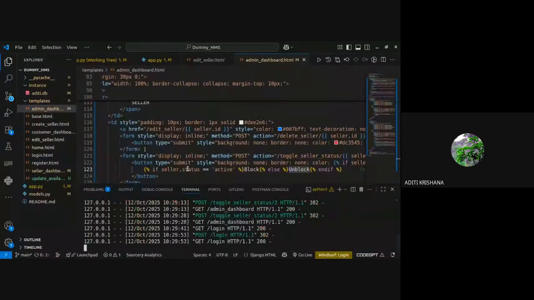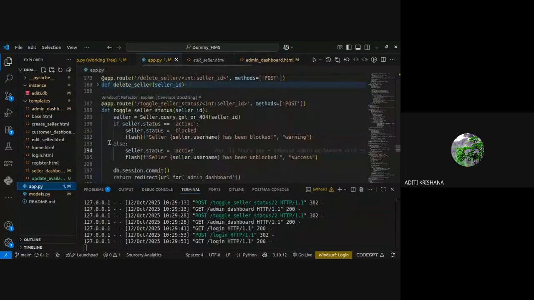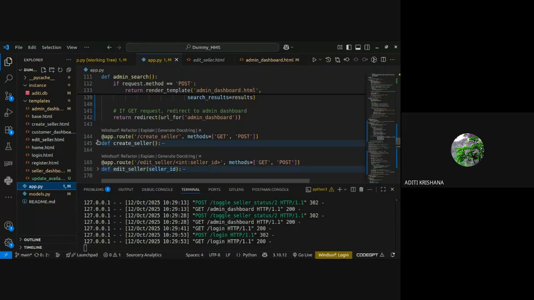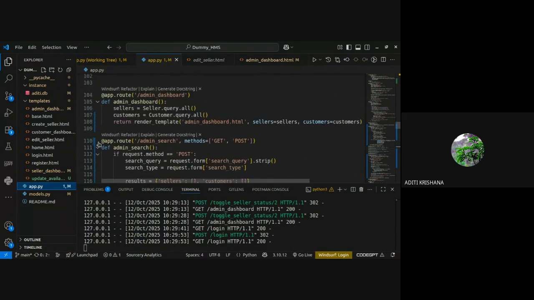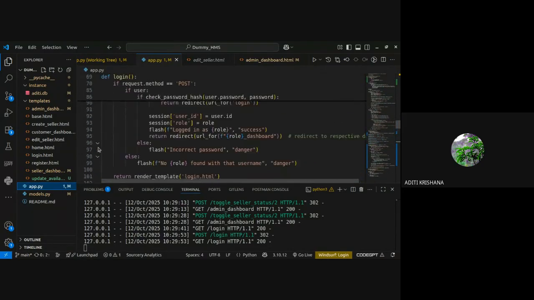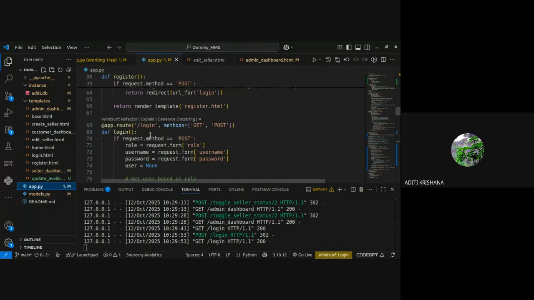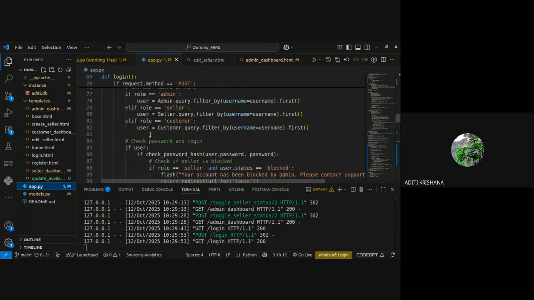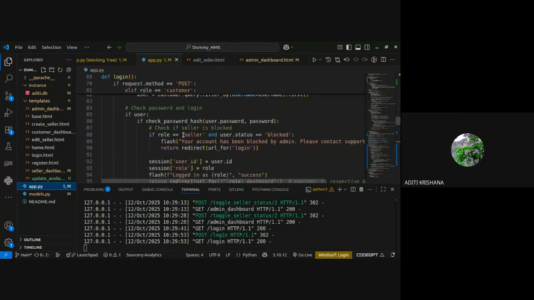Let me go to app.py. So this was the toggle seller status. I keep my routes closed because that is a good way to track your code. Yeah, so this is the login page. Previously, we were doing this and checking the password and all.